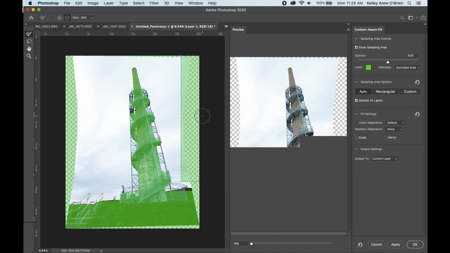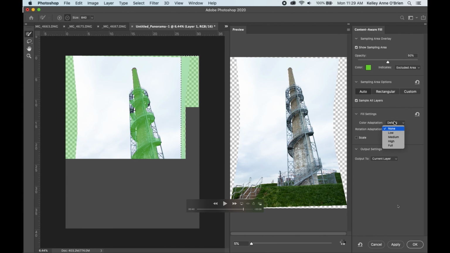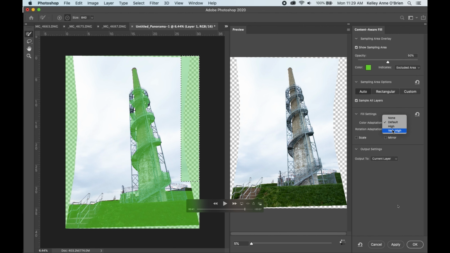So here, the most important thing, I think, is the color adaptation, right? It's either going to be none, default, high, or very high. I start with the very high, and then I work my way down. Sometimes the very high is great, sometimes it's not. It really depends on what you are trying to content aware fill. So I encourage you to experiment with different things. If one thing doesn't work,